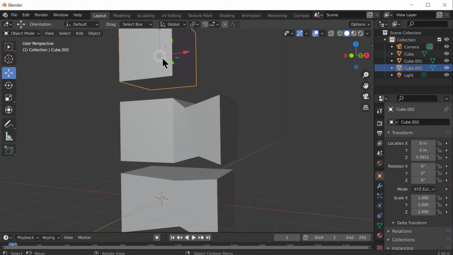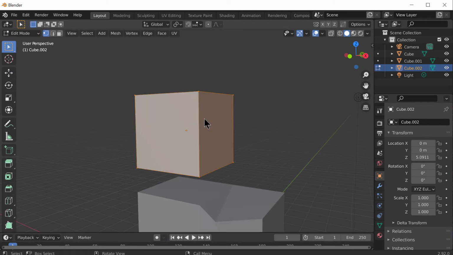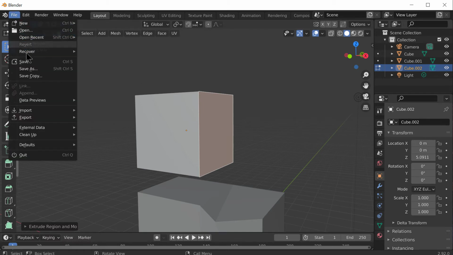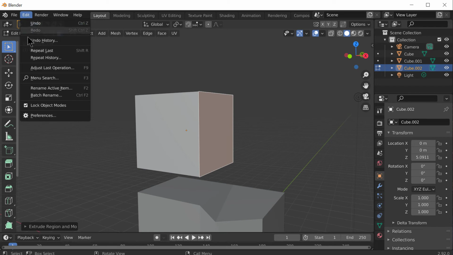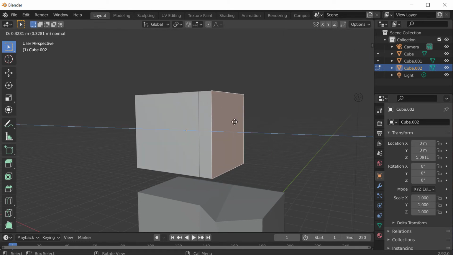Basically, there are ways to recover from that. If I go up here and I hit tab and I select my face and I hit extrude and now I hit escape, I need to remember that I need to undo that extrude. So if I go under file or edit, undo, I now no longer have that face there, that extra set of vertices, excuse me. So if I select this face and grab it, you can see that it's not there anymore. If I hit E to extrude again